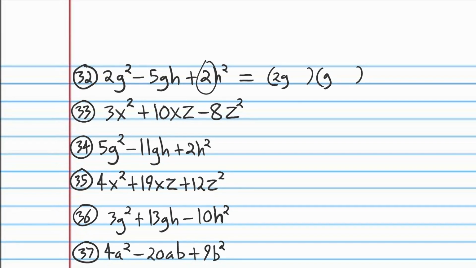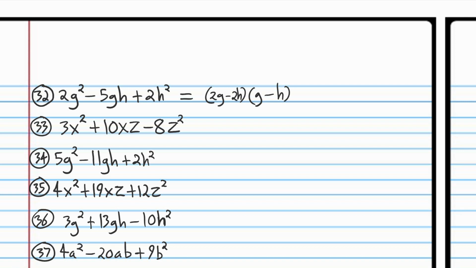And then here we have the same situation. The only possibility is 2 times 1, so it's going to be 2 and 1. But again, the h's have to come with it. Now the two numbers have to multiply to make a positive, and they have to add to make a negative. So the only option is for both these signs to be negative. Now I can't assume that that's going to work, because the 2h could be over here. We might have to switch those numbers. We might have to put the 2 over here and the h over here. The 2h, I mean. So if we FOIL this back out,